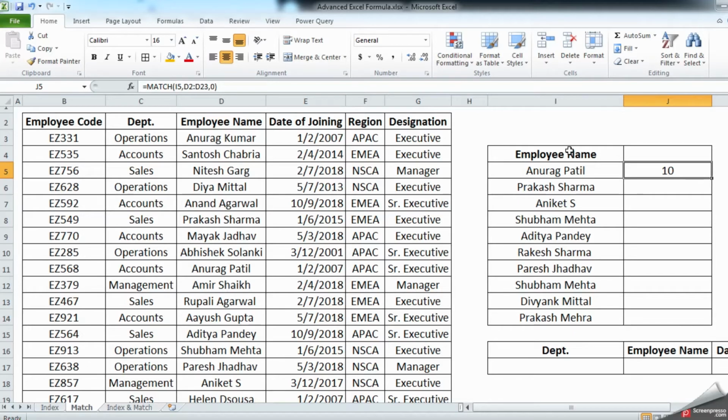Same way we can just lock this lookup range and drag it down, and see wherever those people were present, the row number has been given over here. Same way, let's do it for the